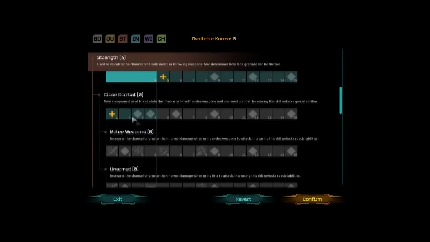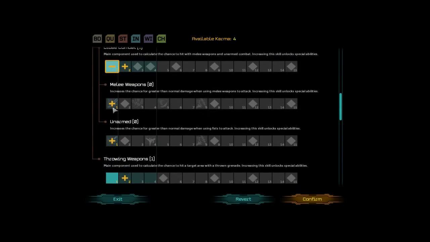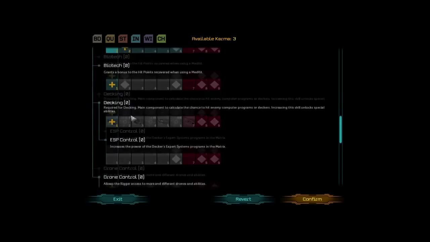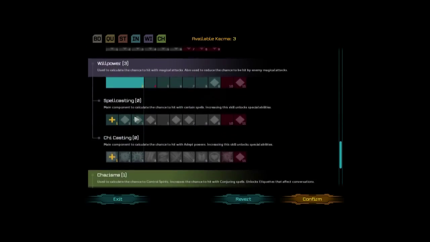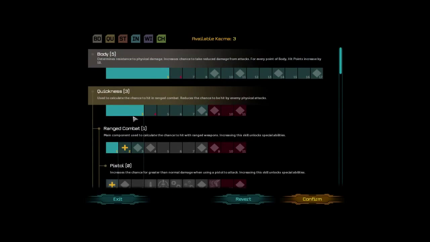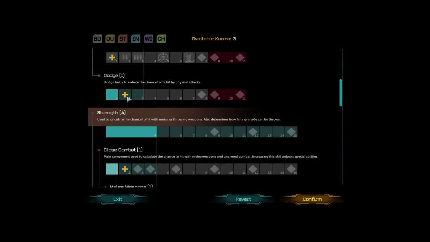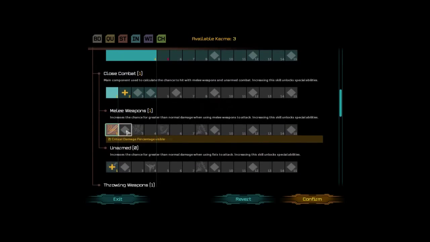So we've got strength, so we can get close combat up. I'm actually thinking we'll put 1 on close combat, and we'll put 1 on melee weapons, purely because it's going to give us increased hit point damage, negative 15% hit. That's an extra kind of attack. Throwing weapons, willpower. I don't think this is anything we need to worry about, because we are going to focus on our combat. We've got ranged combat. I don't know if we need to worry about that too much. Dodge is always a nice thing to have, isn't it? But what I am going to do...